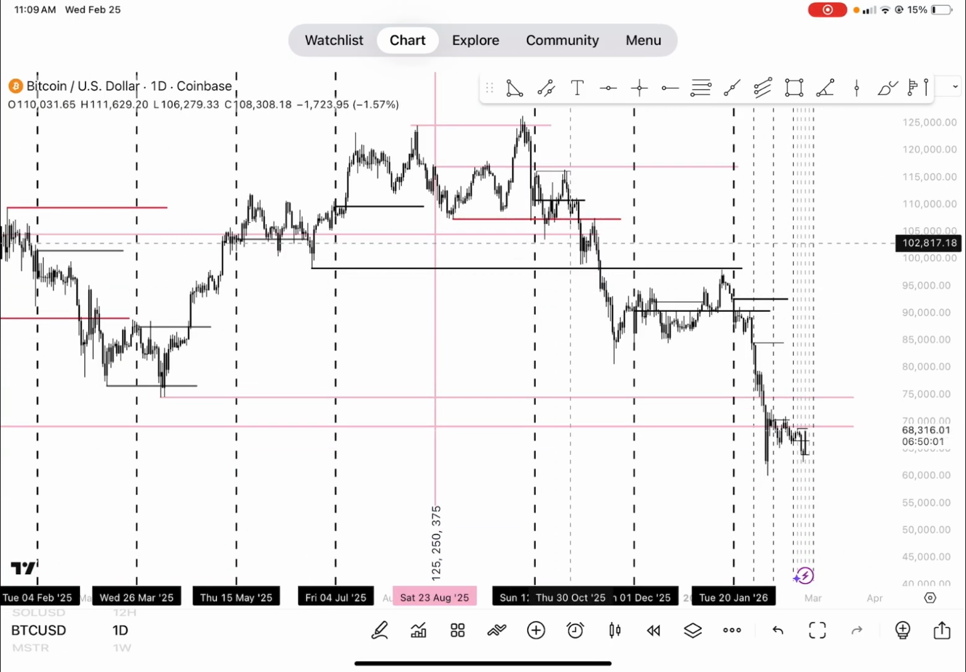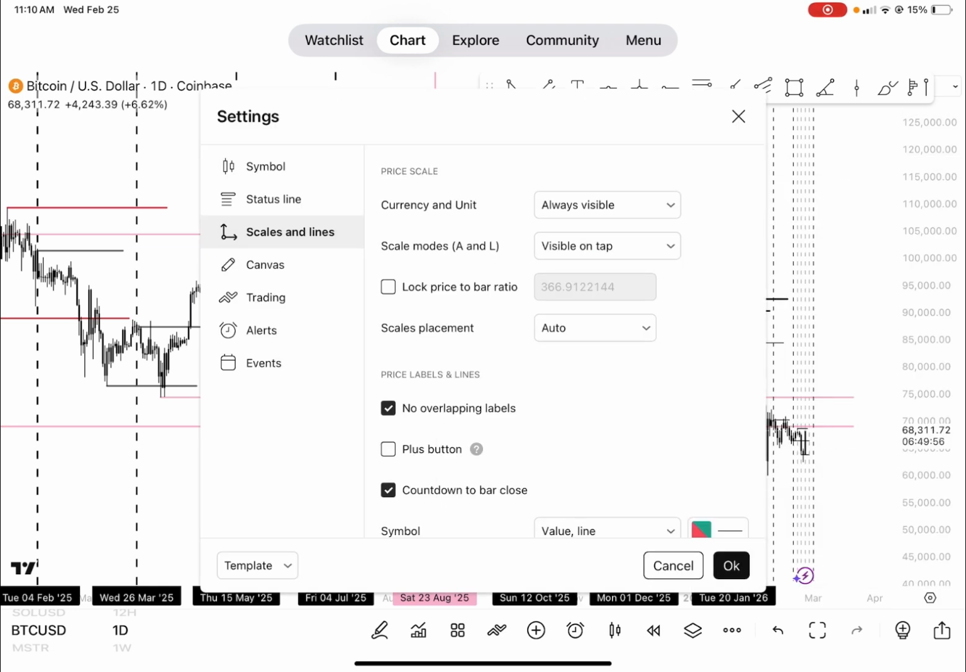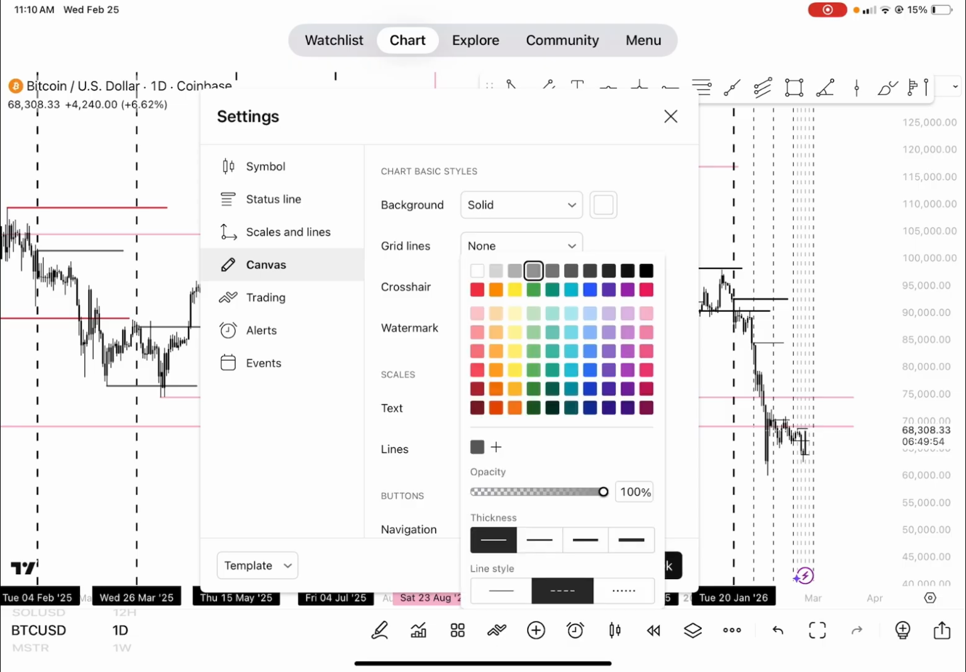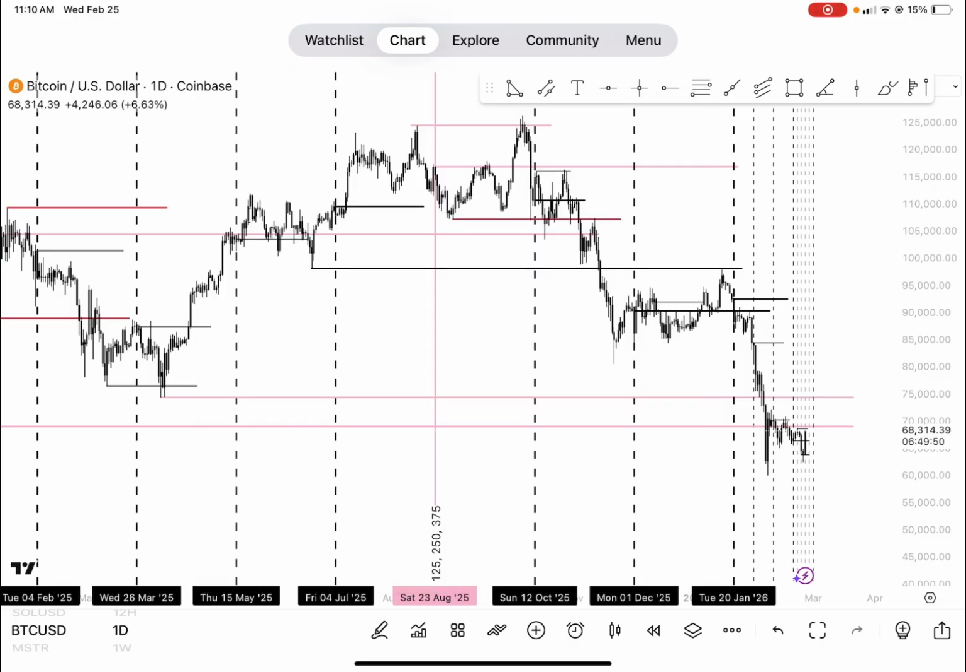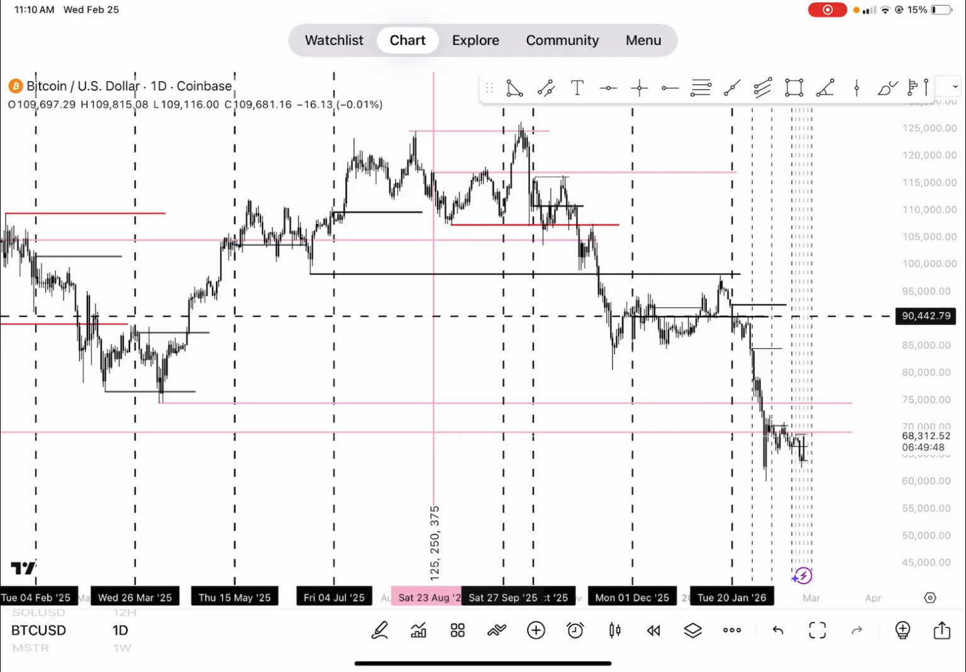This bar here, man, every time I touch these things, for some reason these crosshairs are always set different. So anyway,